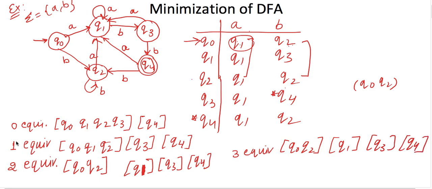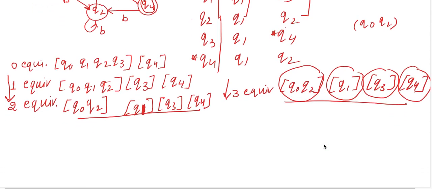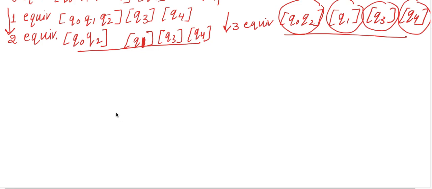Got it? Now we have to perform this till we get 2 equivalent the same. If you can see, 2 equivalent are same here. Okay, got it till now? Now these groups are going to become the states. In the DFA, we are going to get the total number of states as this much. These groups will be forming the total states. So now we can draw the DFA for it.